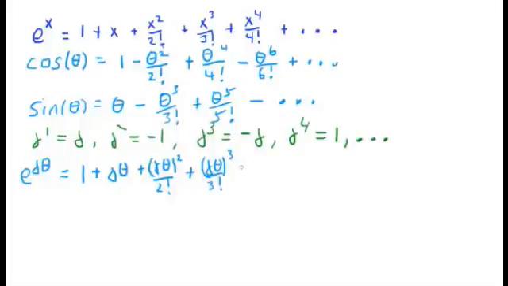I think a 4th power will be enough: j theta to the 4th over 4 factorial. Use the dot dot dot for all the missing terms. Let's try to squeeze that in on the right here. That equals 1 plus j theta. j squared is minus 1, so theta squared